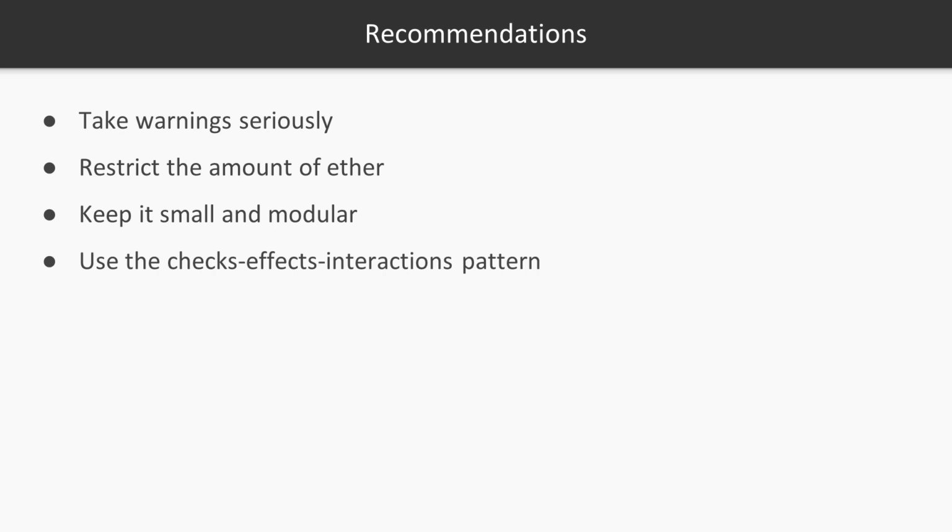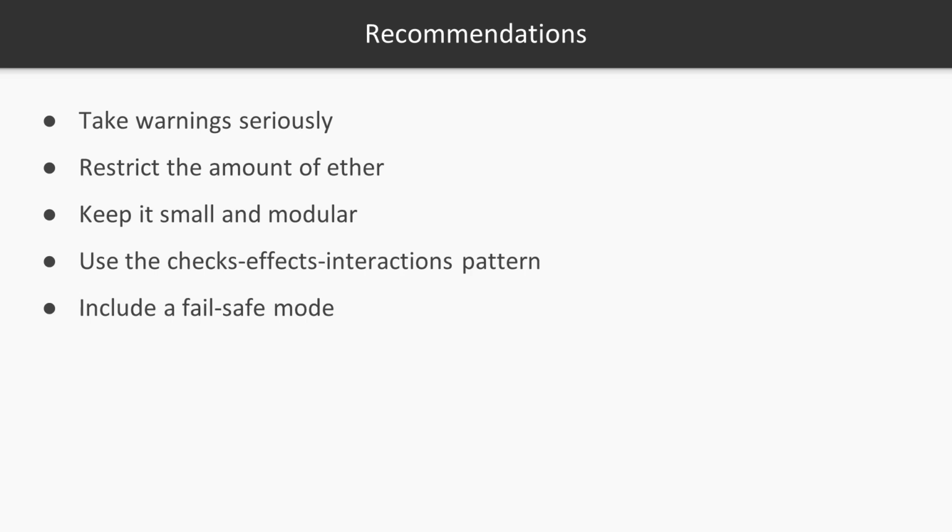Then comes using the checks, effects, interactions pattern. Most functions will first perform some checks. Who called the function? Are the arguments in range? Did they send enough ether? Does the person have tokens? Etc. These checks should be done first. As the second step, if all checks passed, effects to the state variables of the current contract should be made. Note that all calls to known contracts might in turn cause calls to unknown contracts. So it is probably better to just always apply this pattern.